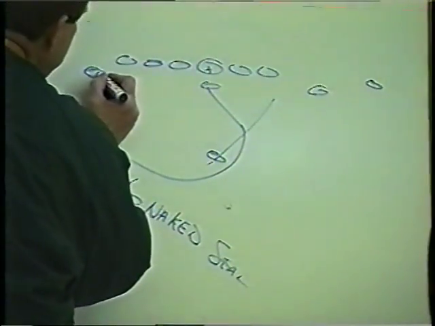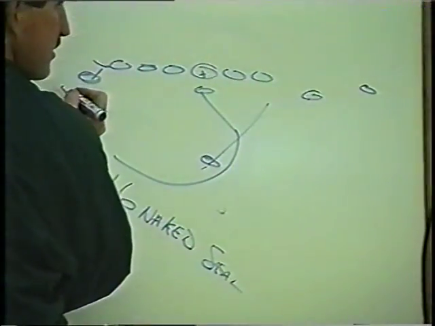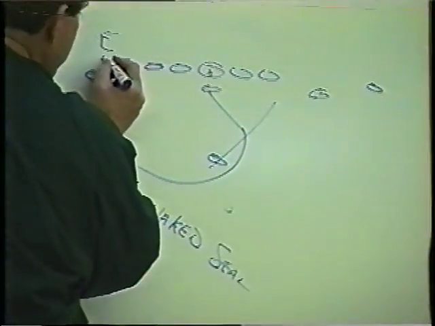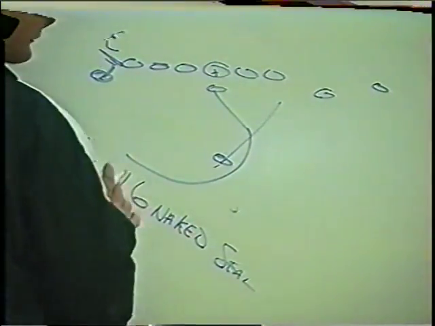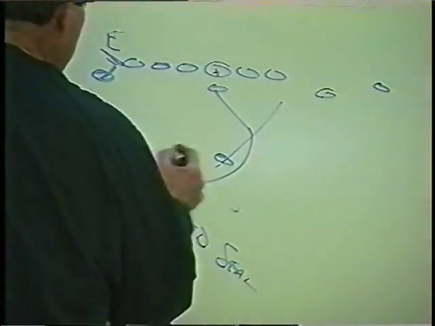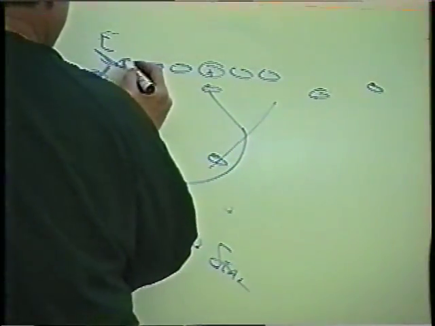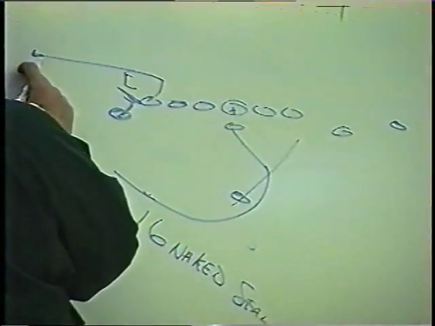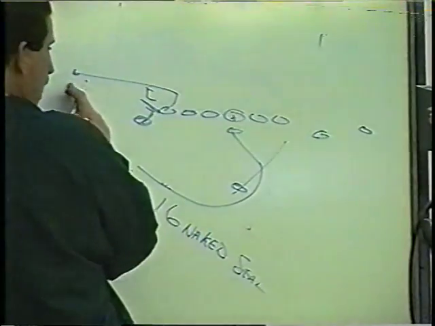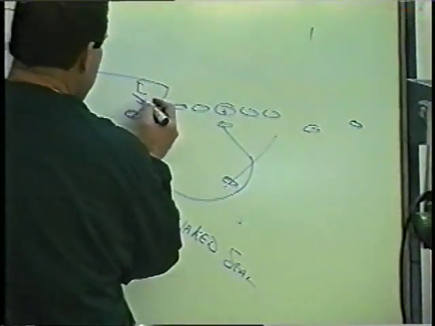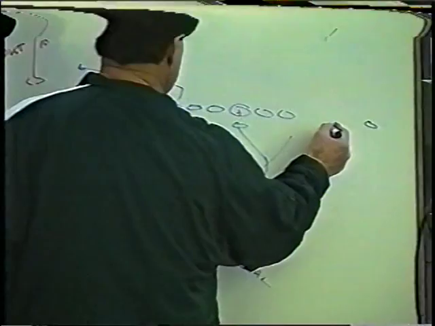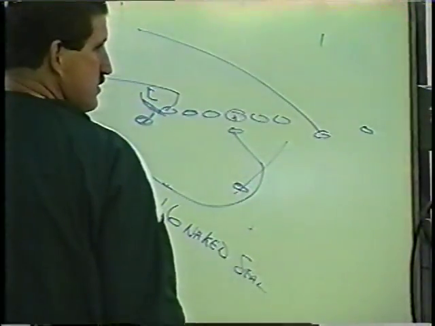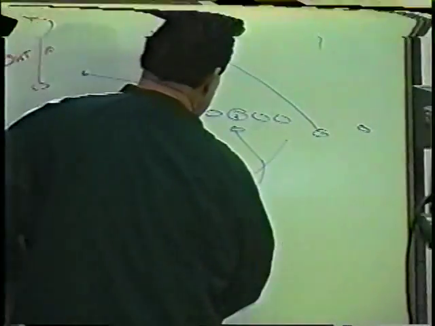So now he comes down here and blocks the edge player. Whoever the edge player is here, he's going to step in like he's going to block him, and he's going to pin him inside. He's going to act as a personal protector for the quarterback when the quarterback comes rolling out of here. The tight end is going to inside release and run the flat. The backside tight end inside releases and runs the flat. When we call Nagin seal, we want to get this edge seal. And he runs the negative route. That's going that way.